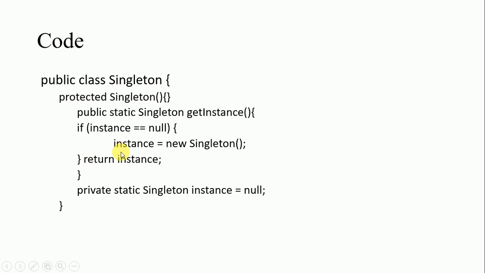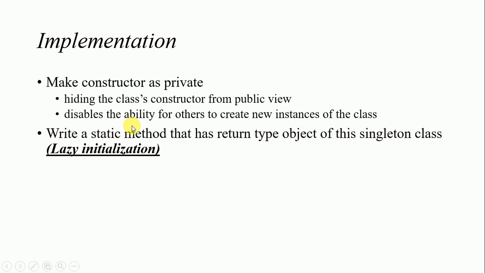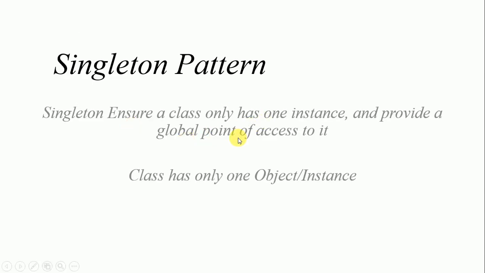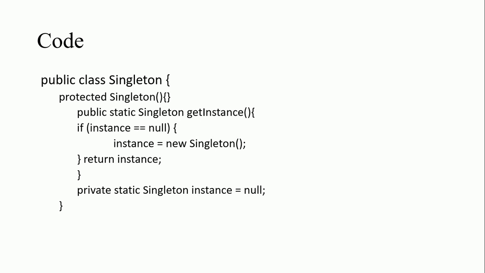By doing this, we have only one object of the class, and the primary goal that we saw is that it has a global point of access. You can only call the singleton pattern by the getInstance method, because the getInstance method is public, so we cannot intervene in the constructor of that class, but we can access the getInstance method, and that has only one initialized value of that object. We will see a practical example of the singleton pattern in the next video.